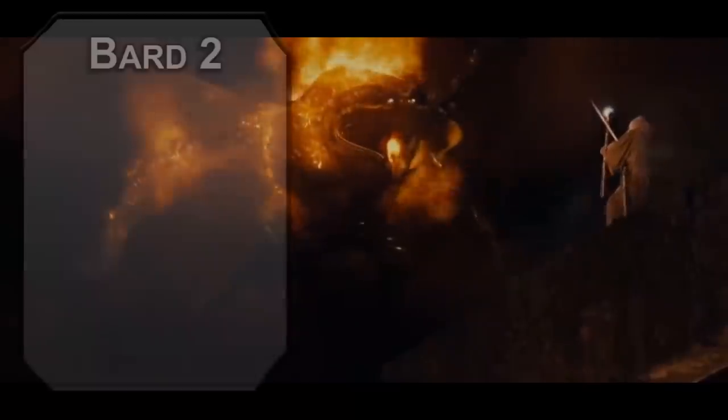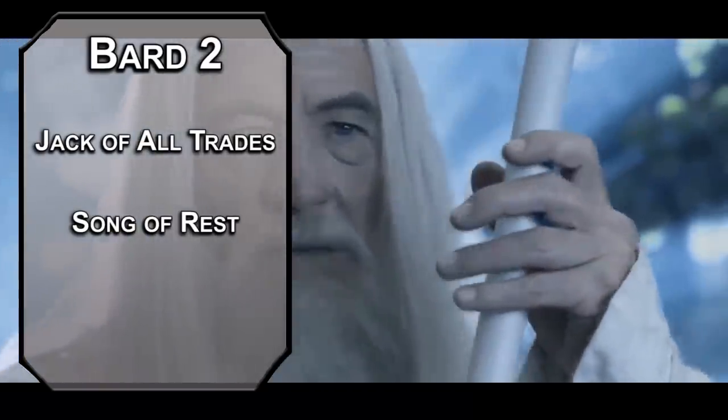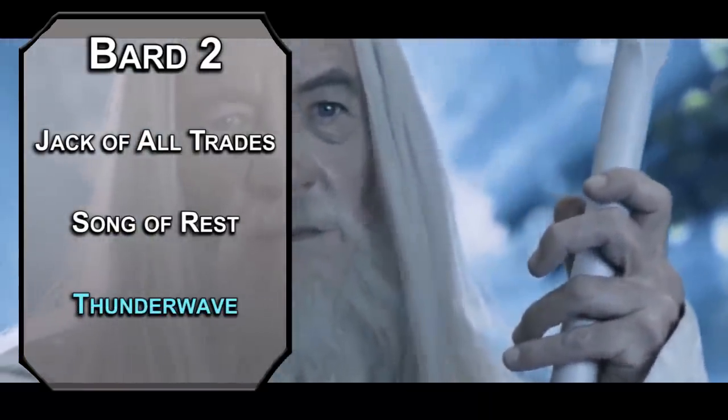Second level bards get Jack of all Trades, letting you add half your proficiency bonus to skill checks you're not proficient with, making you pretty good with the things you're not an expert at. Song of Rest gives your allies an extra d6 on short rests. I don't think the Fellowship regularly gets a REM cycle. They should appreciate this. For this level spell, Thunderwave forces a Constitution saving throw on creatures in a 15-foot cube